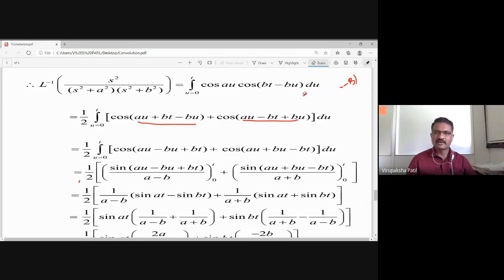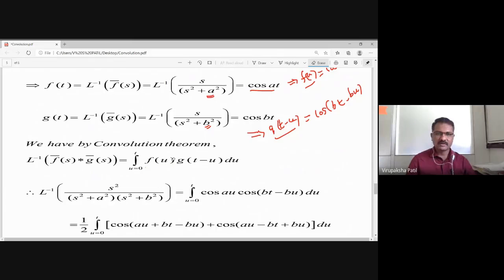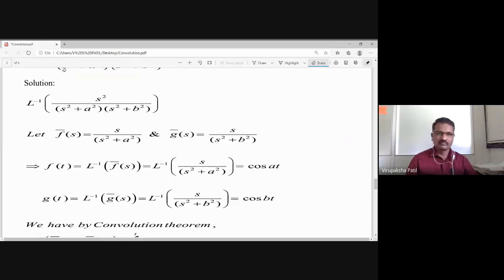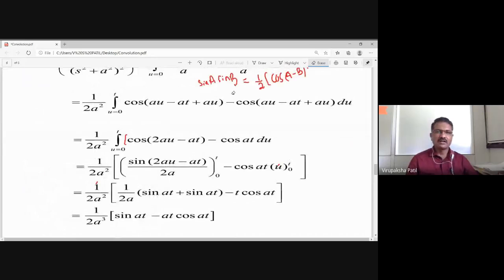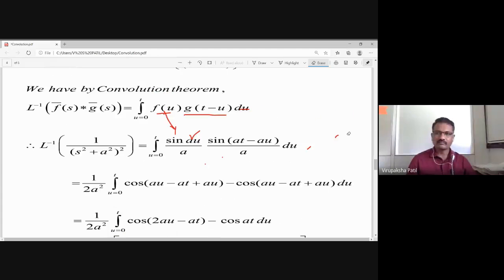Tomorrow, I require one more class to complete Laplace transforms. Everybody has completed, but still I am lagging behind. Anyway, tomorrow we will complete it. Please remember all the techniques for finding the inverse, whether by the partial fraction method, by using the convolution theorem, or by using the shifting property in the reverse way. All these are going to be helpful when you solve differential equations in the next part. Is that clear? Please practice a little bit, because we have completed almost 90% of